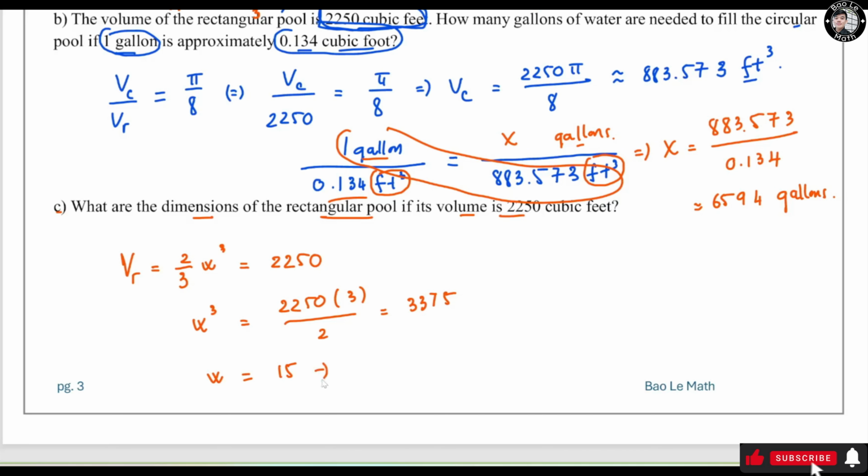Now if W equals 15, and this one is actually the width, the depth should be 1/3 of 15, which is 5. And the length should be 2 times 15, which is 30. So the dimensions are,